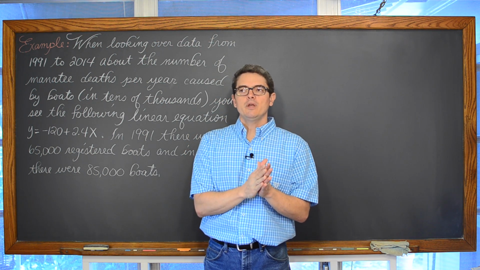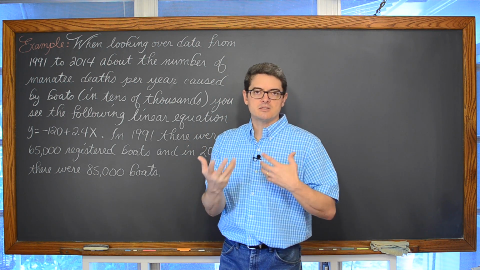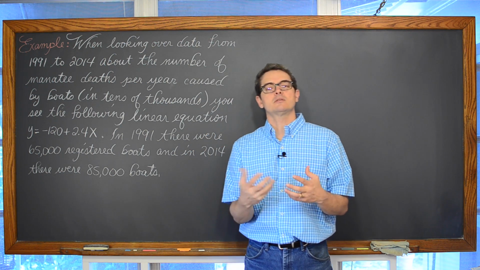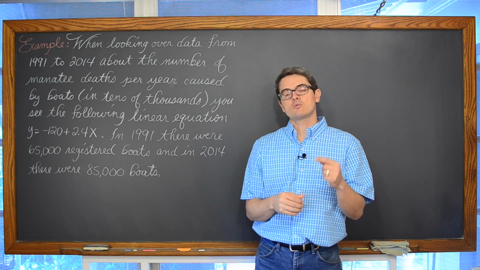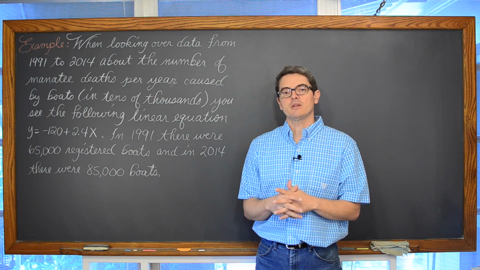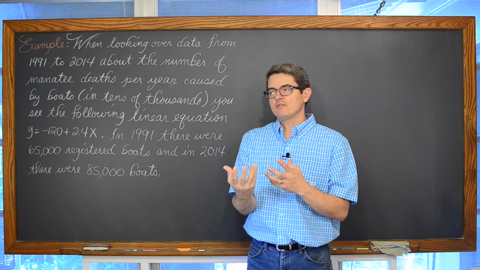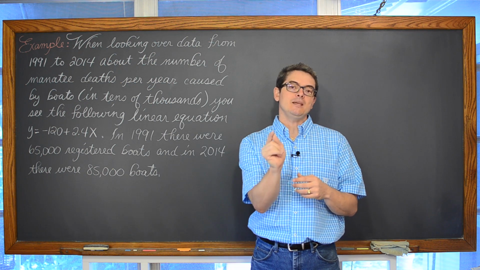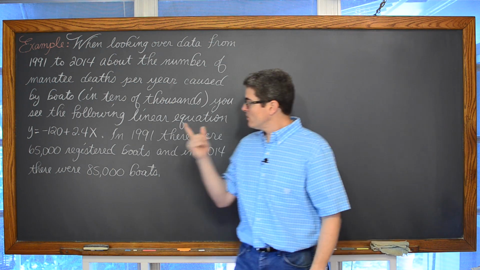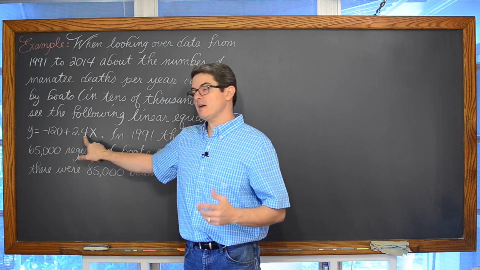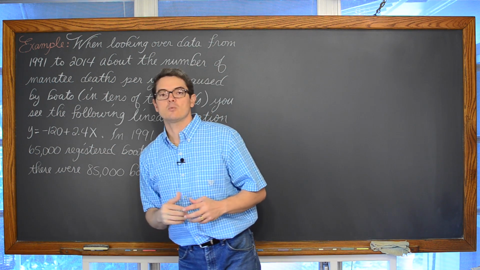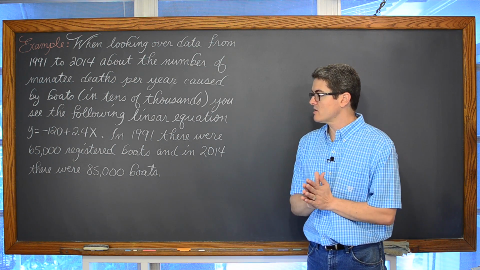When you're doing statistics, because I teach AP statistics as well, my AP statistics book for the least squares regression lines always has them written as y is equal to a plus bx, or with the variables that we're using, y is equal to b plus mx. So this 2.4 in front of the x is going to be the slope, and the negative 120 is the y-intercept, the constant that's off by itself.